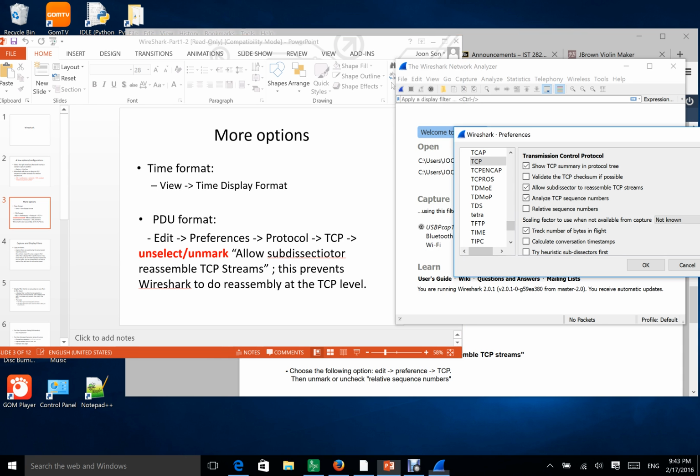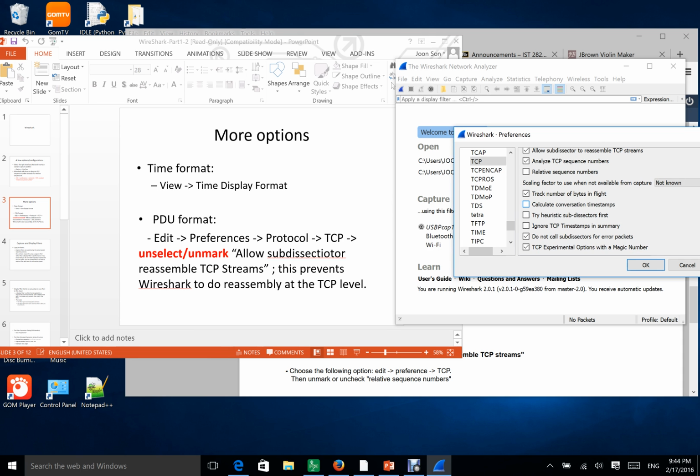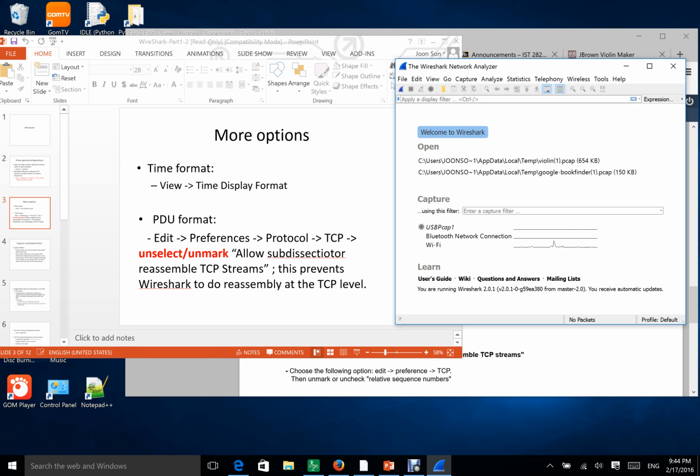So here's another option. If you just scroll down, let's see. Oh, here, allow subdissector to reassemble TCP streams. So make sure you unselect this option also. So unselect these options and unselect relative sequence number. So click OK. And then go to View,